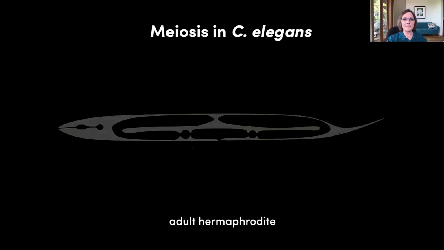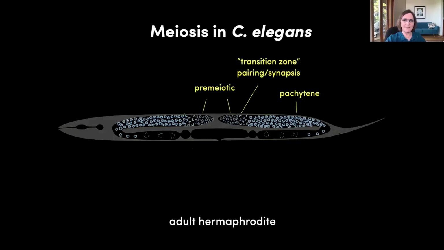So my lab studies meiosis primarily in the nematode C. elegans, which is fantastic for a number of reasons. One thing that we really like is that you can see the whole process of meiosis because it happens in these two arms of the gonad, which produce both sperm and oocytes. And as cells go through meiosis, they progress through this tissue so that an adult animal has all of the stages of meiosis present in a snapshot. So hermaphrodites produce first sperm and then oocytes, which are fertilized as they pass through the spermatheca and then divide internally. So we can visualize a lot of aspects of meiosis in this system.